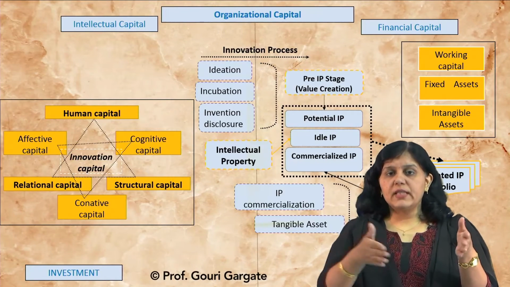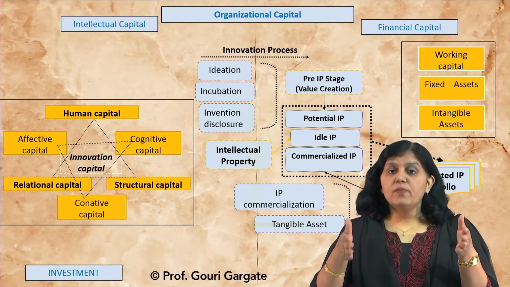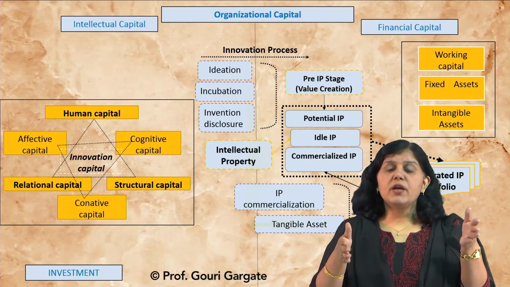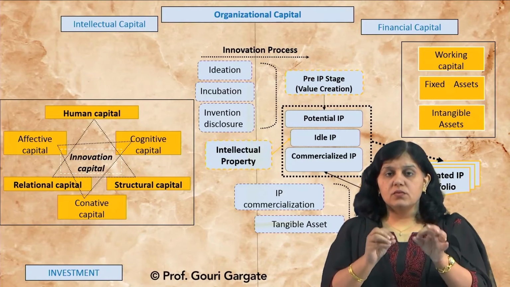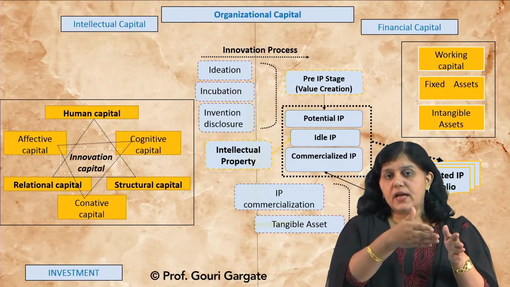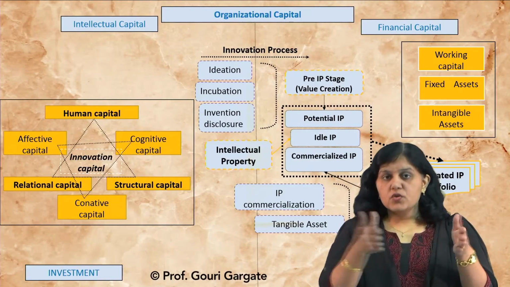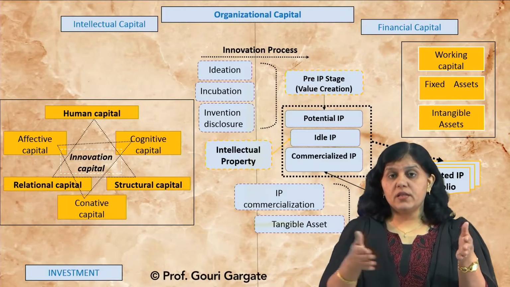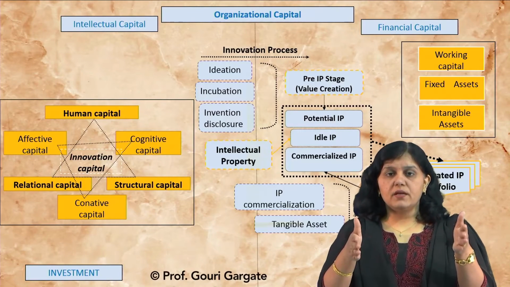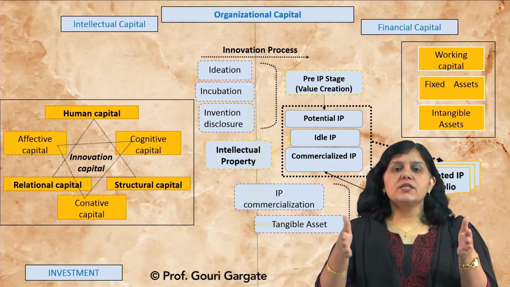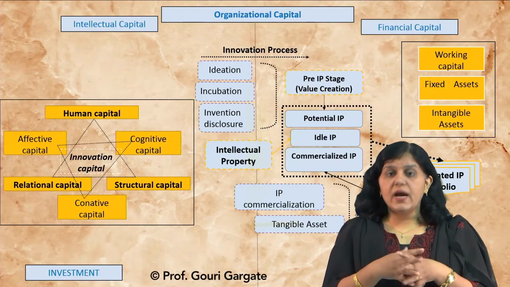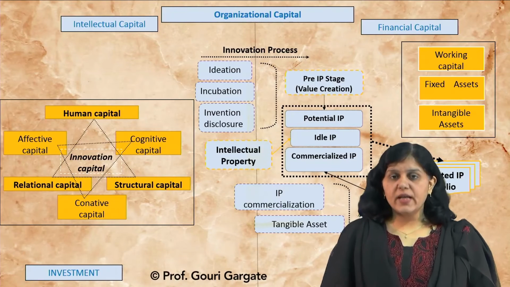So, there is a possibility that at the end of the third year the first patent which is filed is already in the commercialization stage. The second patent you have filed may be idle as it is just filed, and you have one potential IP because you are thinking about filing that patent. That will be a good situation: in 3 years, in one project you have 3 patents in your hand and you have already started the commercialization of the first patent. Obviously, the second and third will be dependent on that. It is a very ideal situation.